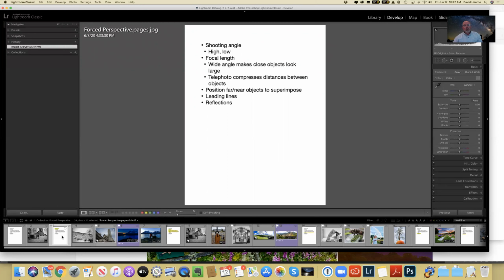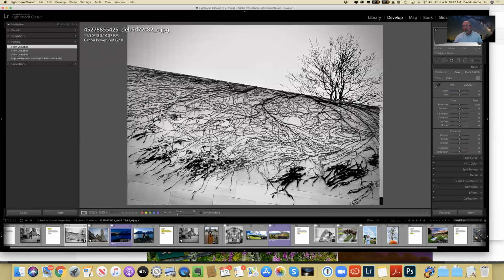What we'll start with is talking about shooting angle. So you can shoot high or low, as in the next few examples. So, Dick, you want to talk about Natasha's picture? Yeah, this is probably one of the best examples where Natasha has